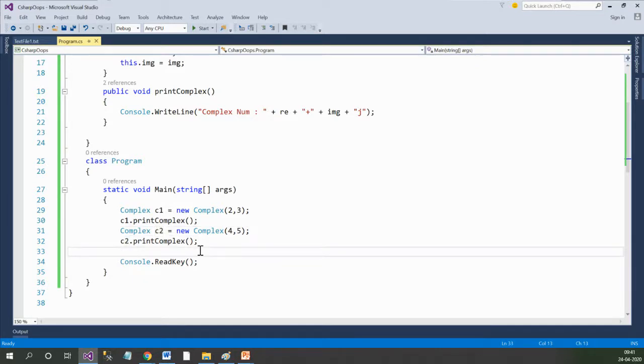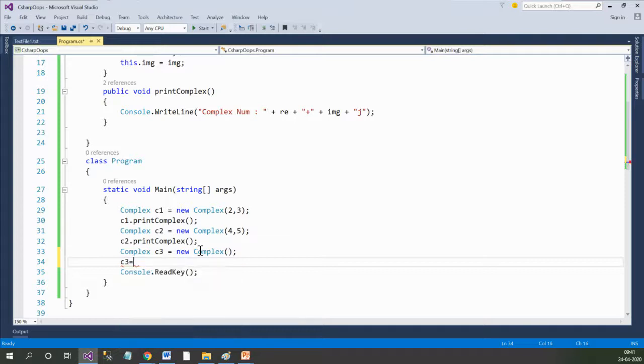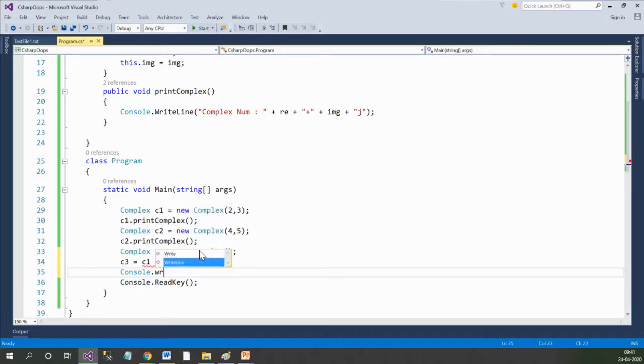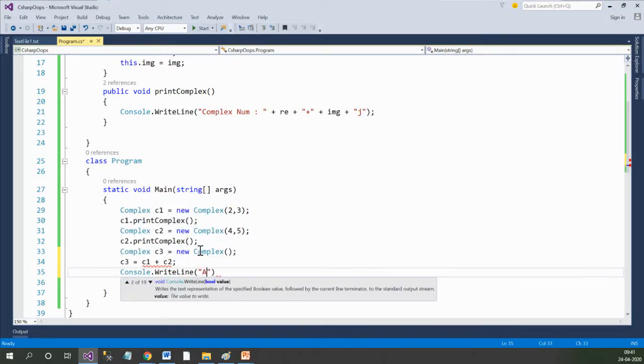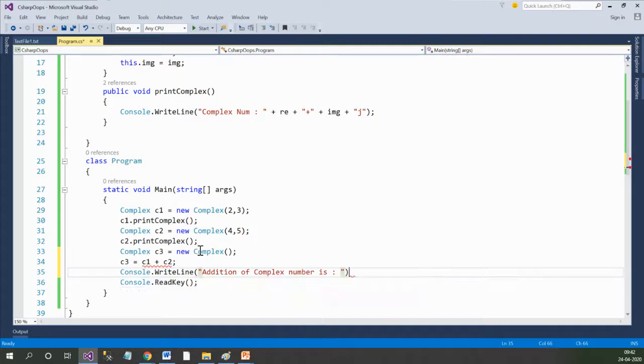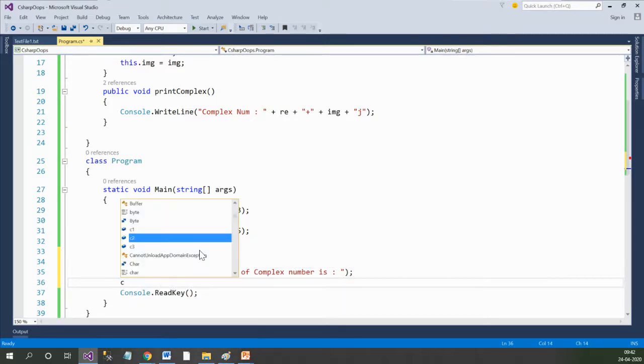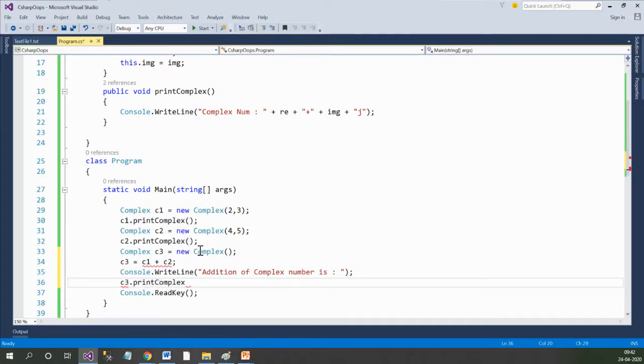Now I want to create one more object called C3, and inside this complex object C3, I want to perform the addition of C1 and C2, and then write Console.WriteLine, addition of complex number is,